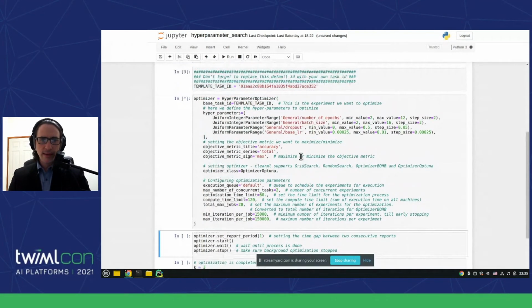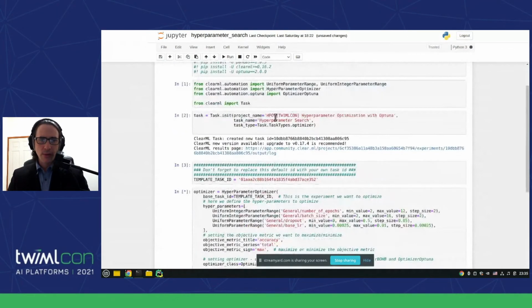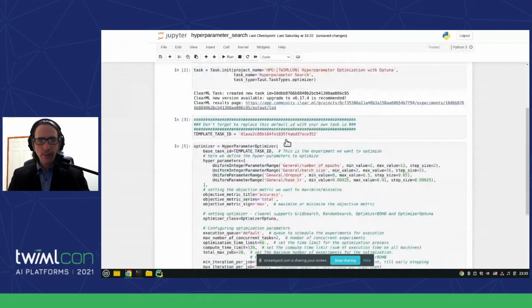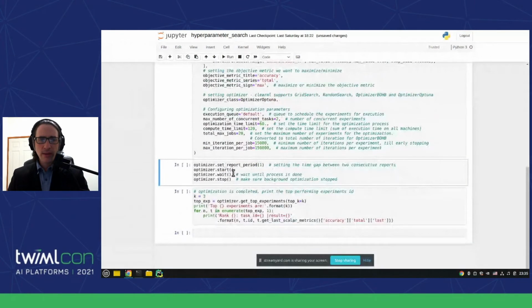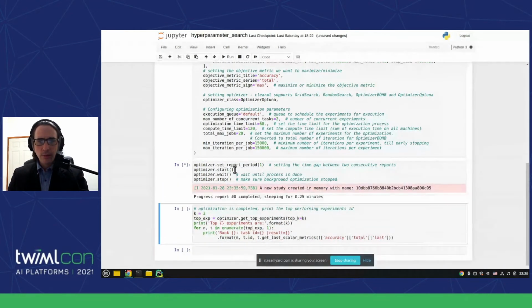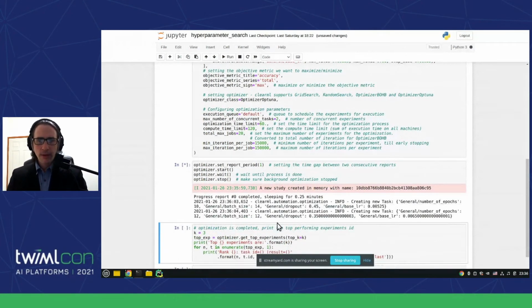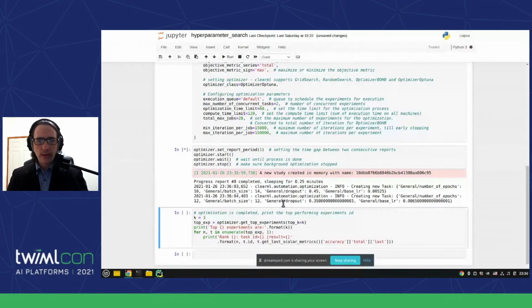And notice I call this task TWiMLCon, the project. So there will be a project named TWiMLCon the next time we go to the app. And actually, optimization is cool. It means that my Jupyter server on this laptop is going to orchestrate the optimization process for me. It means I actually can write some code here to make the process my own if I want. But no, let's just start the optimization. This is Optuna talking. That's it. Tasks are now being created and taken from by the GPU queue in order to do the work.